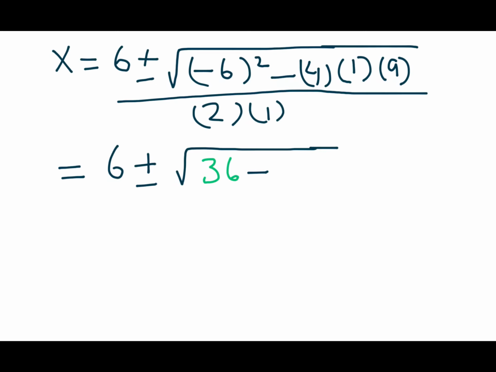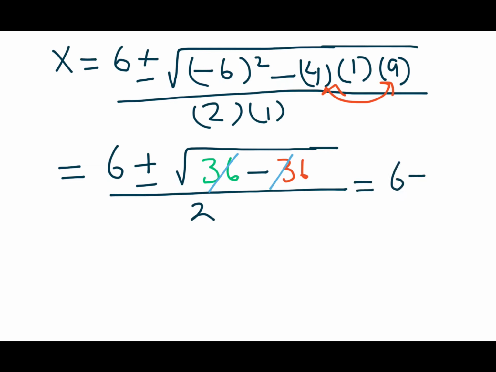Now 4 times 9 is 36, divided by 2 times 1 is 2. So 36 minus 36 cancels out. So we're left with 6 plus or minus the square root of 0, divided by 2,